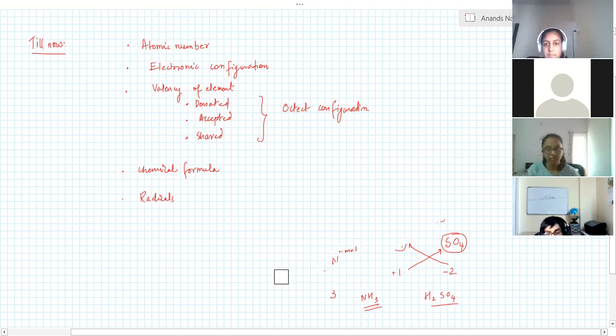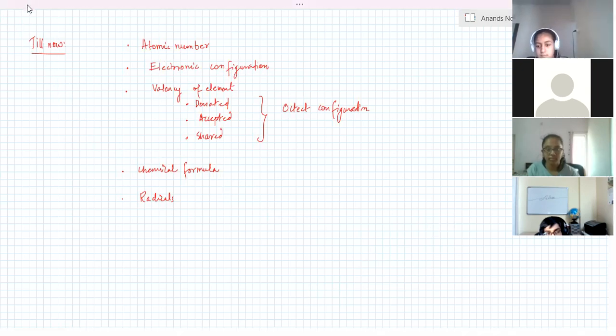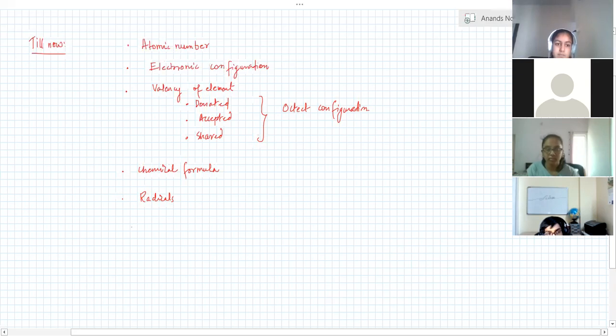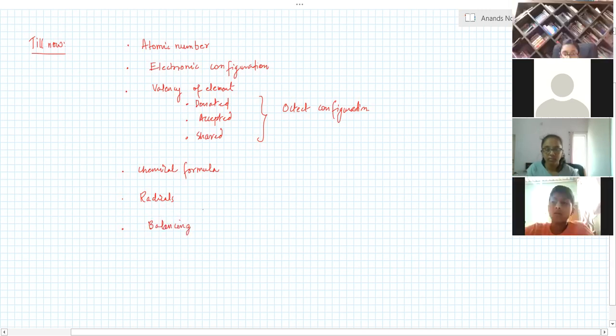And we also did balancing. I'm going to write that down. So I'm into chemical formula till now, and then we come to chemical equations, and we know how to balance the reaction. Balancing means what we said. There are different molecules which take part in the reactions. We call them the reactants. And they are going to combine together and they are going to give some products. So we said, for example, hydrogen and oxygen combine together to form water.